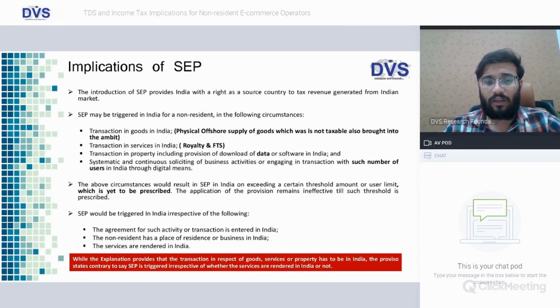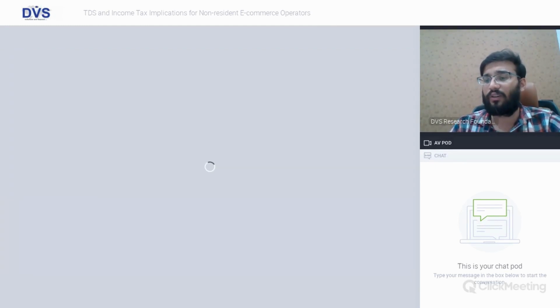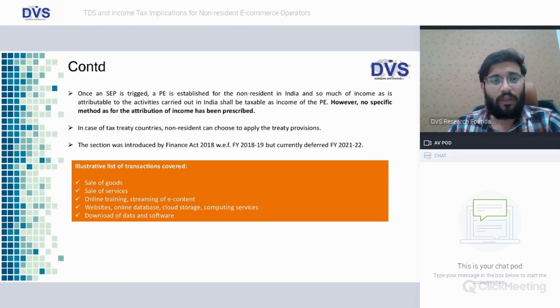So, friends, if you see the main section, it talks about transaction in services in India, and when it comes to the proviso, it states that SEP would be triggered in India irrespective of whether services are rendered in India. So these two are contradictory points. Again, we require a CBDT clarification on this as to what would prevail, whether services are required to be rendered in India for SEP to trigger or not. Once a SEP is triggered, a PE is established for the non-resident in India, and so much